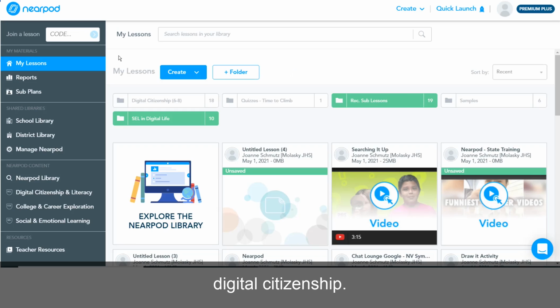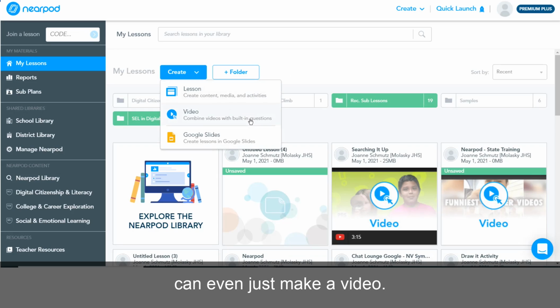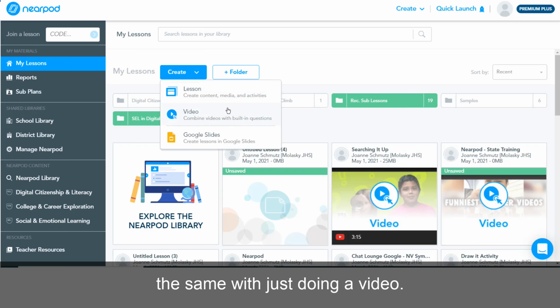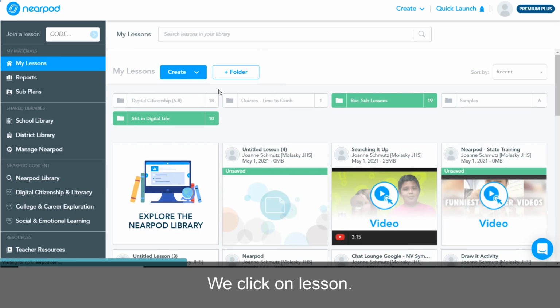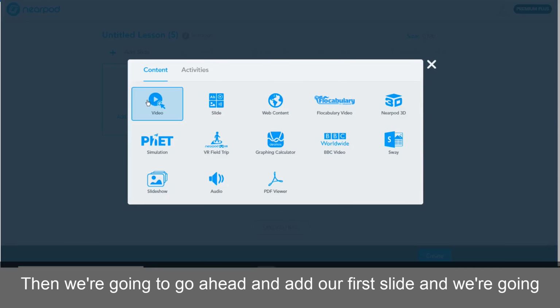So when you're logged into your Nearpod account, you can click on Create. You have the option for a lesson, or you can even just make a video. We're going to focus on the lesson though, because the feature works the same with just doing a video. So we click on Lesson, then we're going to go ahead and add our first slide, and we're going to